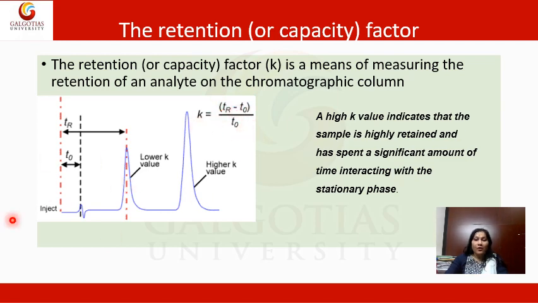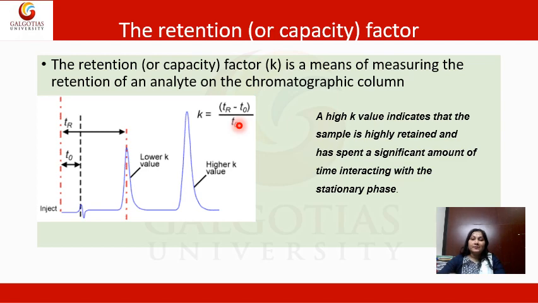The retention factor can be calculated by k is equal to tR minus t0 by t0. Now you know that tR is the retention time of a component. If we write this as tR1, it means we are talking about the retention time of component 1. So tR is the retention time of any component. Now what is t0? t0 is the retention time of a component which is non-retained with the stationary phase and will elute out or come out from the column with the solvent front.